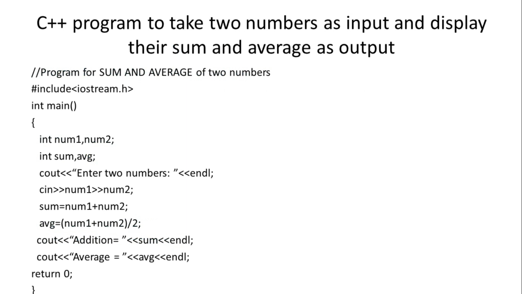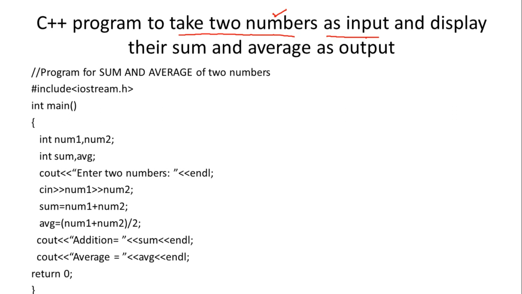So let's see one program using the language C++. The aim of the program is to take two numbers as input. We will read two numbers from the user as input. The word input indicates that we will not assign values to these two numbers in the program. Rather, we will take the values of these two numbers from the user as the user wishes.